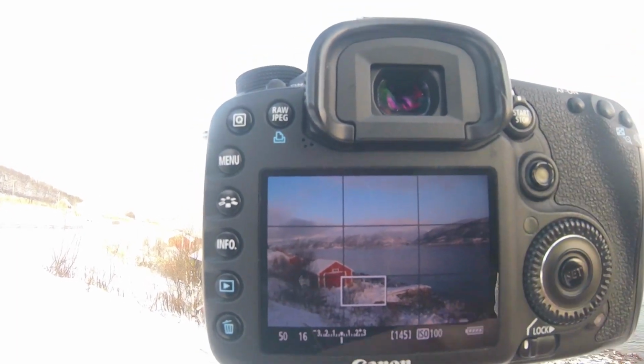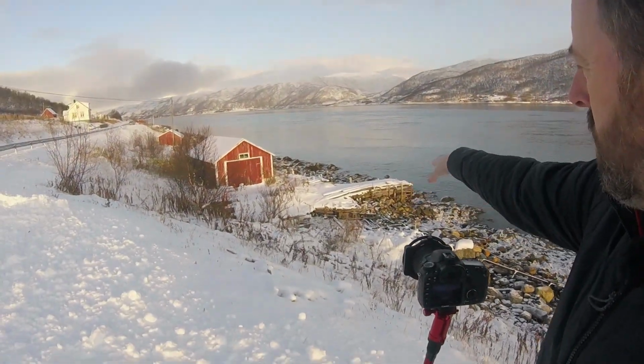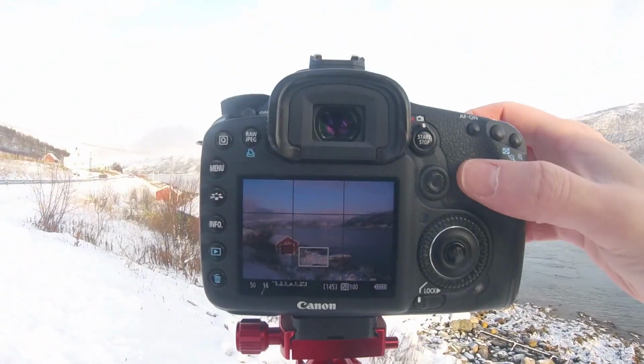So I'll take an image. I'm on f/16. It's giving me a 50th of a second. I'm taking a reading off this snow here in the foreground on the jetty because that's the brightest bit. But I'm going to do that,